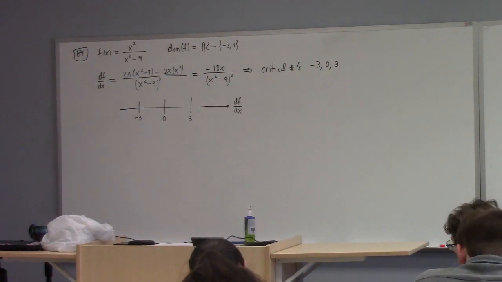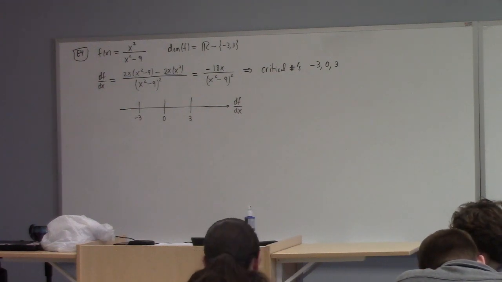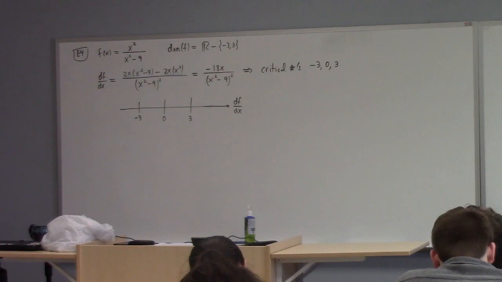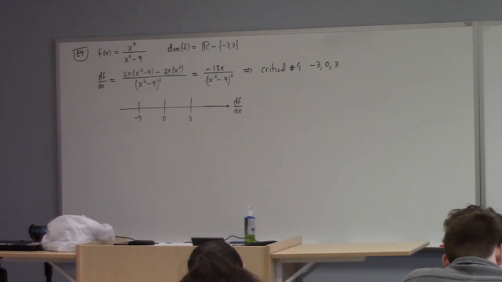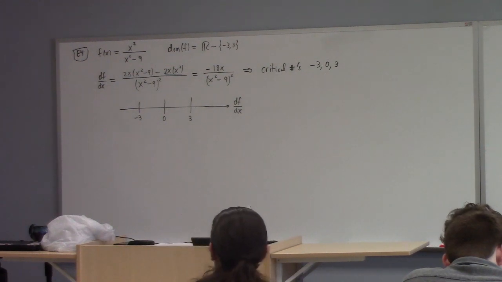Specifically, we're interested in finding where it's locally minimized or locally maximized, and we're also interested in finding the intervals of increase and decrease. We can do all of these things by differentiating the function, looking for where the derivative is either undefined or 0, making the sign chart I'm about to make, and applying the theorems. All right?